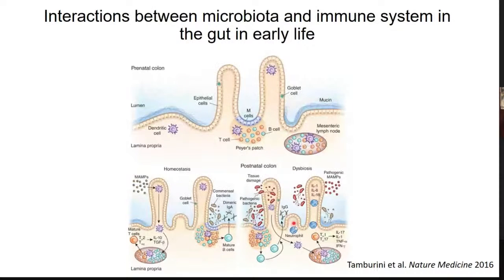However, if we check this right figure, this is the dysbiosis status. You can see a lot of pathogenic bacteria colonize and compete with the commensal bacteria. They can also cause tissue damage and skewed immune responses. So the idea is that this commensal bacteria really plays a beneficial role in the beginning of life to train and fine-tune your immune system, which will help you avoid developing a lot of autoimmune diseases and allergies,